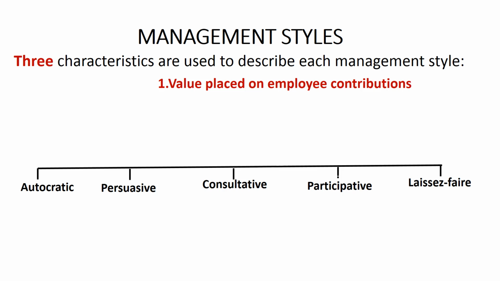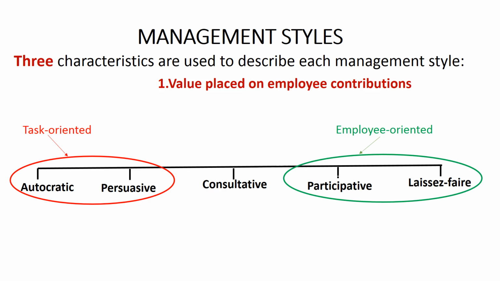That is, the extent to which the management style is task-oriented, in the sense that the management style is focused on achieving a particular outcome, or employee-oriented, in the sense that the management style recognizes the value of involving employees in decisions about how to achieve the best outcome. I suggest that you include these definitions of task-oriented and employee-oriented at the end of your vocabulary sheets in the